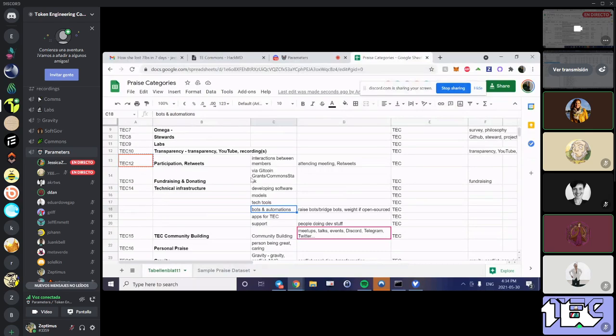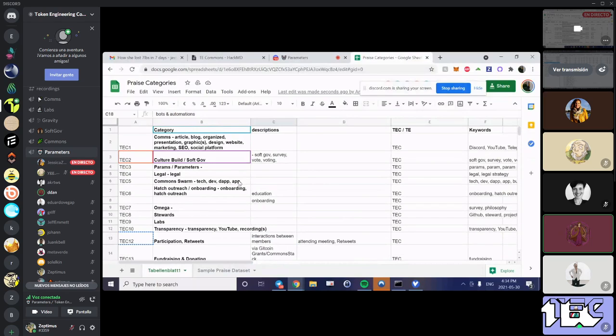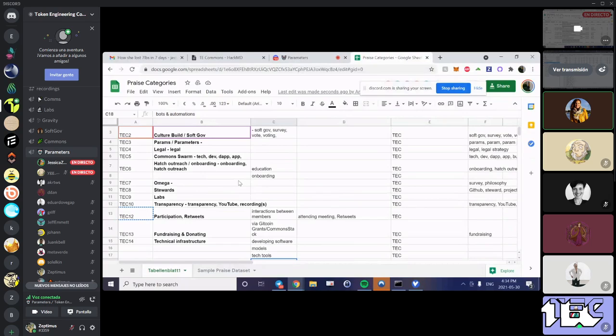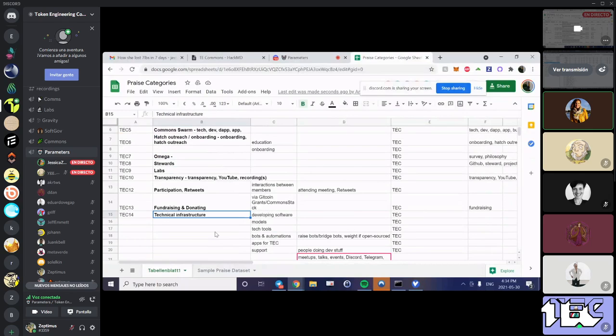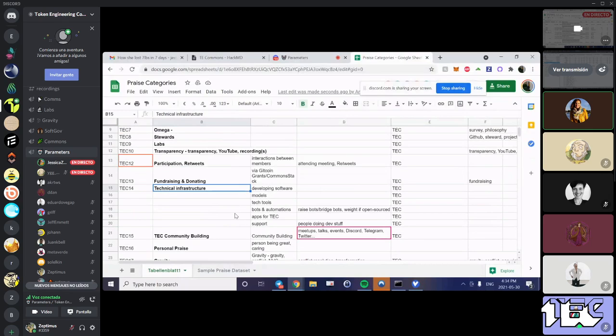That is a little confusing. Maybe we should refine that. Commons Swarm is particularly focused on the DAO, and then technical infrastructure is like other people handling bots and doing modeling work. But we could merge those two into one stream.